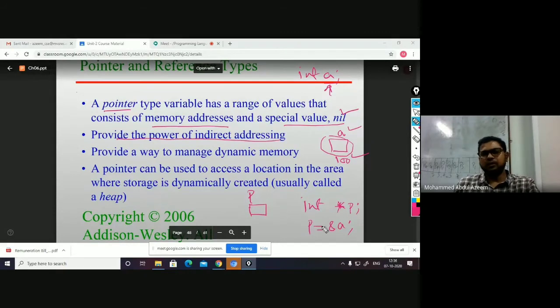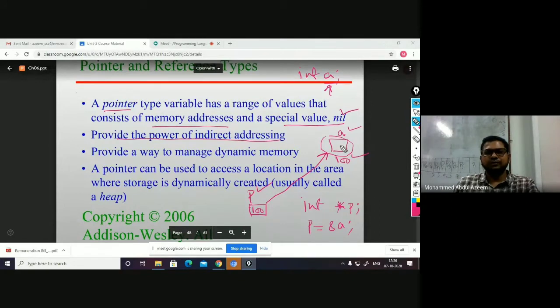Now the pointer is assigned the address of A. It means A's address is 100 here, which has been initialized to P. Now P is pointing to this memory. It means this memory can be accessed through A, or through P as well.